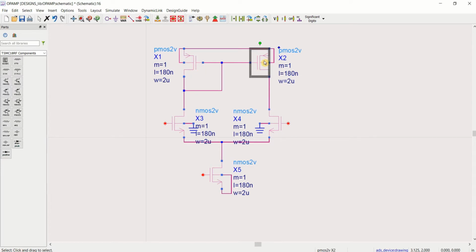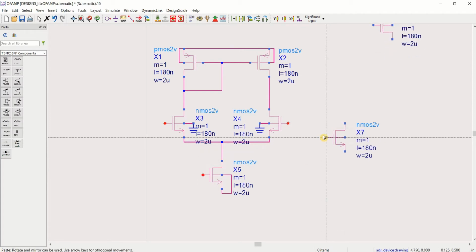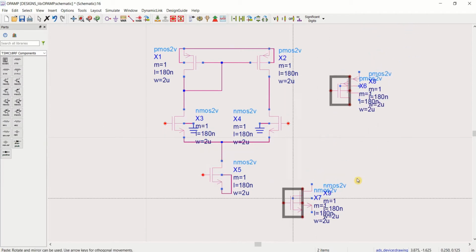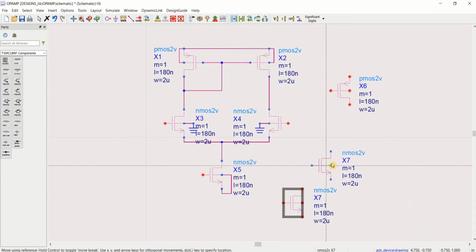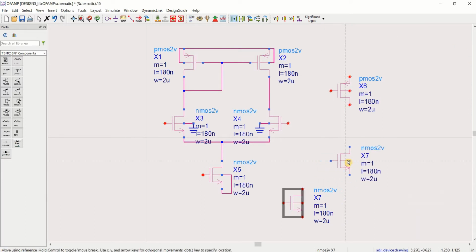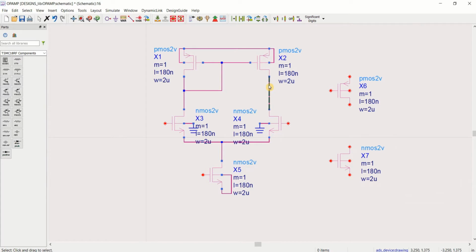Place a PMOS and NMOS at the output of the op amp. Connect the output.